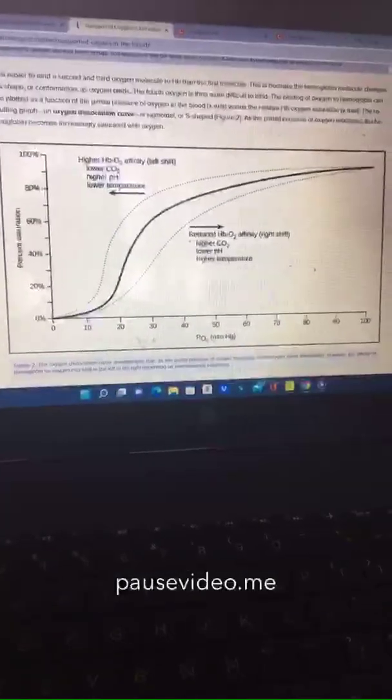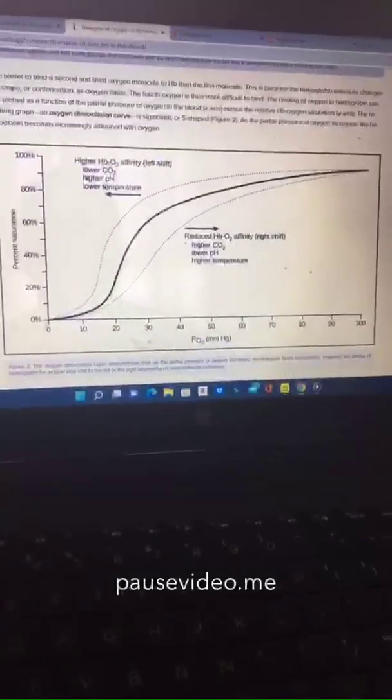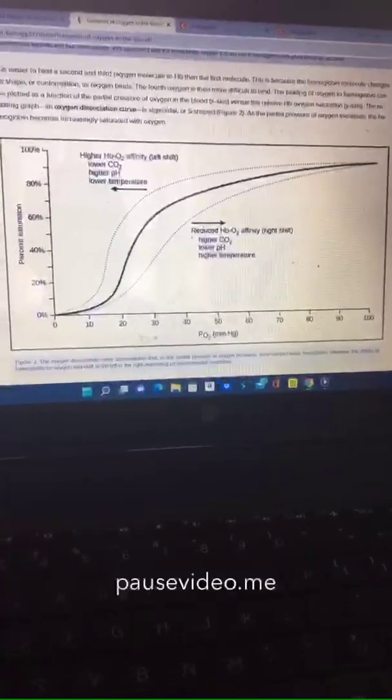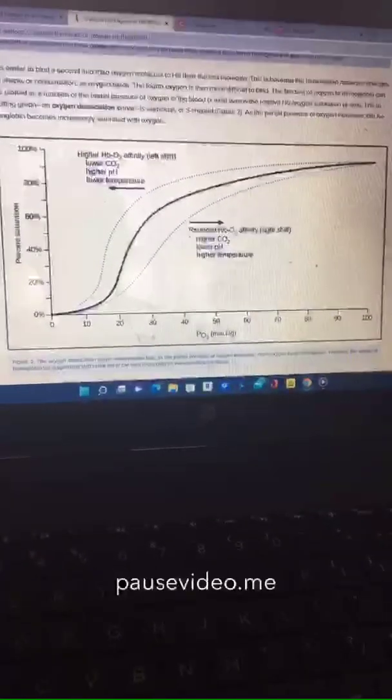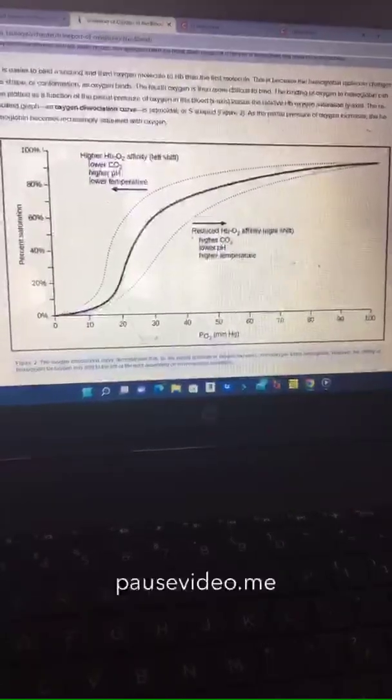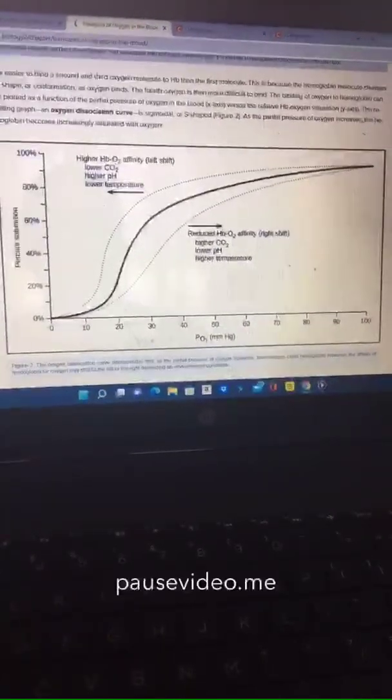And then you also mentioned the pH, where the pH is higher in the lungs and then drops into tissues. So this is kind of a model that I found where it takes this into account. It's pretty self-explanatory. We're talking about factors that increase saturation, factors that decrease saturation, and so